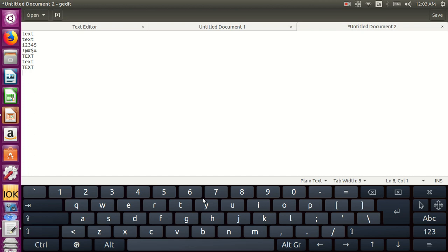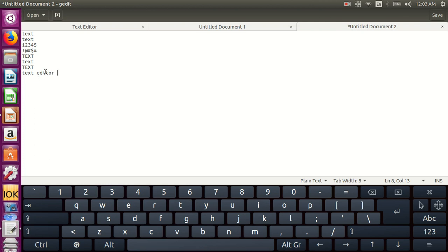The spacebar key, which is the longest key on the keyboard, is used to give space between two words. Whenever a space is required between two words, the spacebar key has to be pressed.